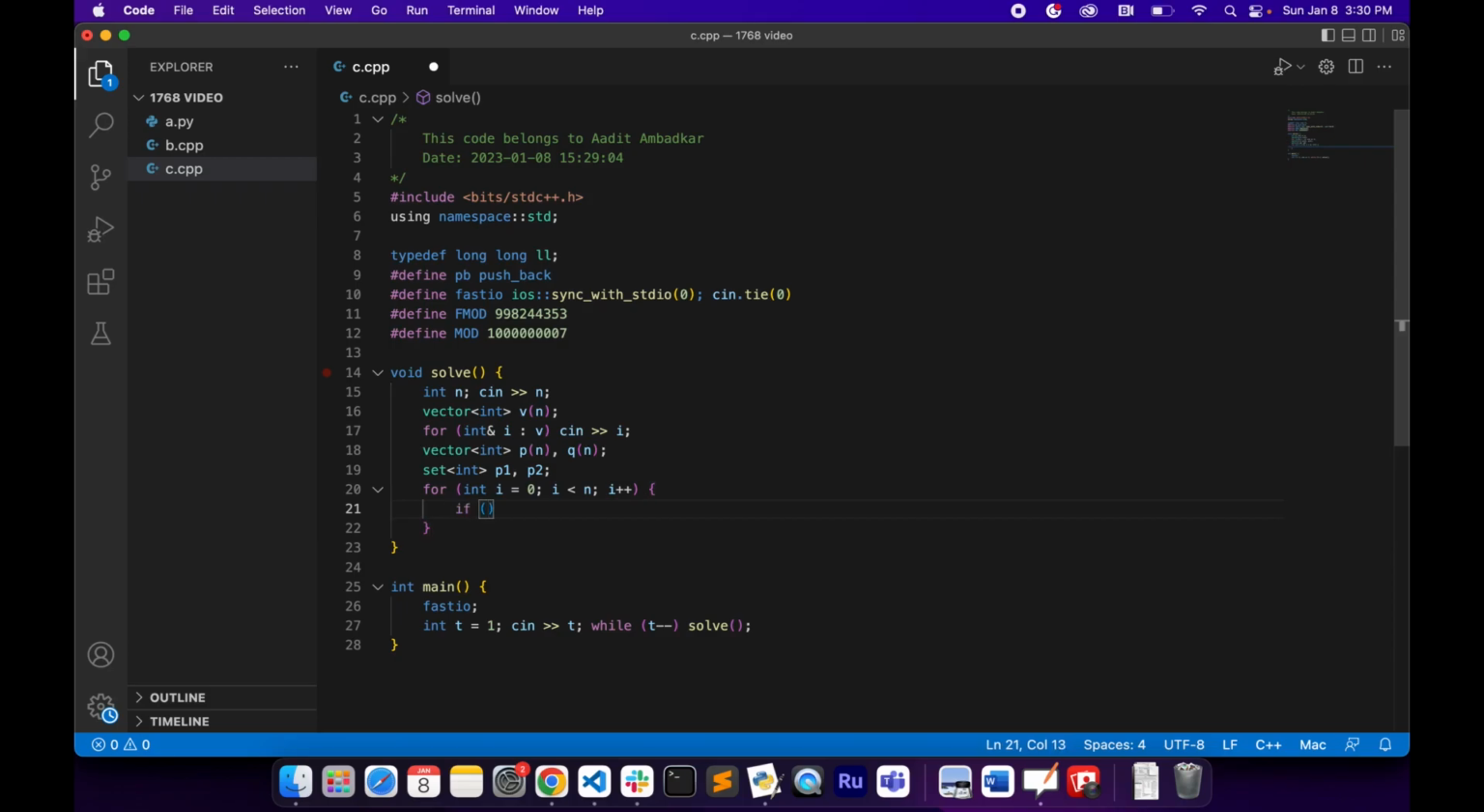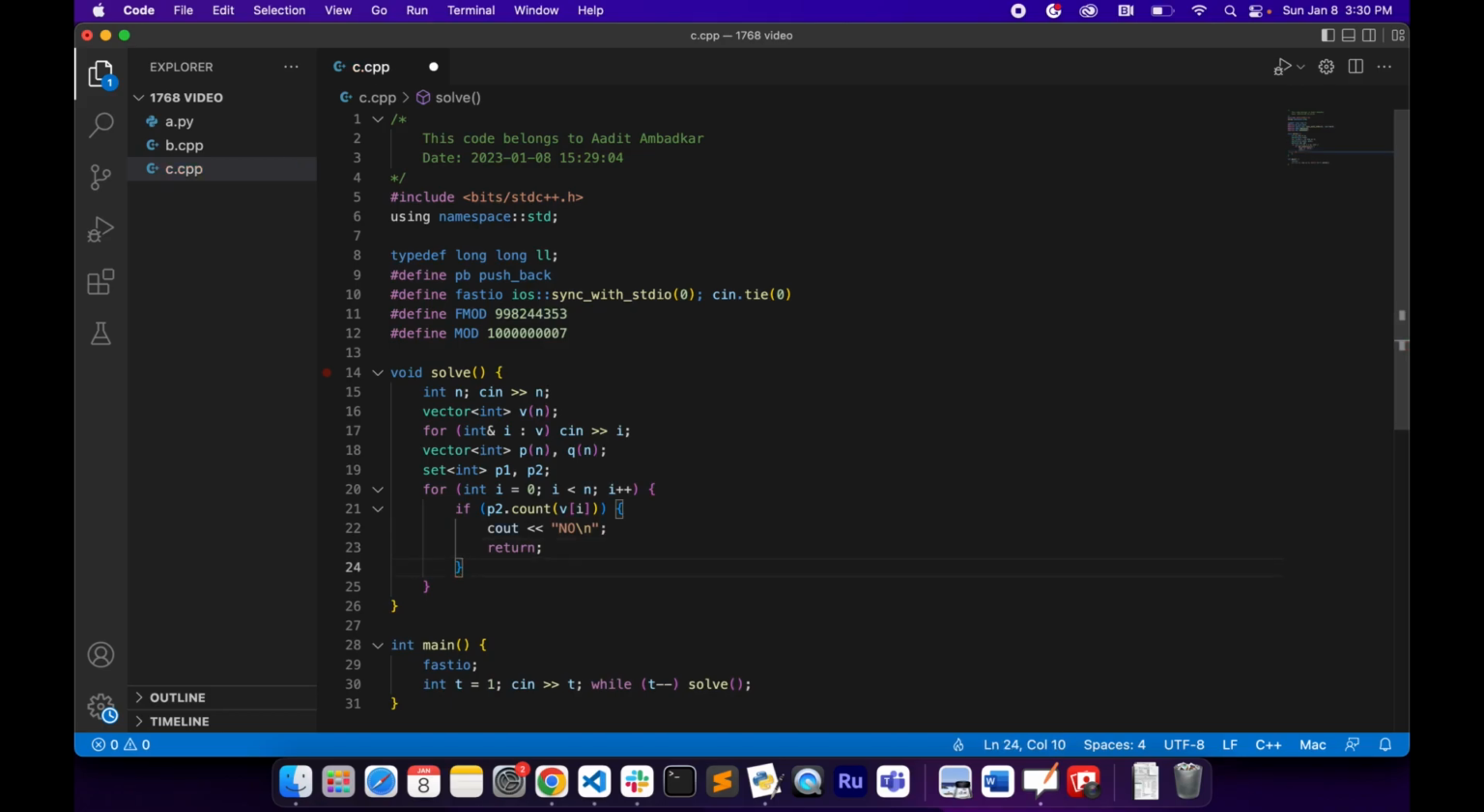So first, we're gonna check if p2.count of v of I. That means if it exists, there's a problem. We're gonna say no, return. Now, if p1.count of v of I, q of I is gonna equal,